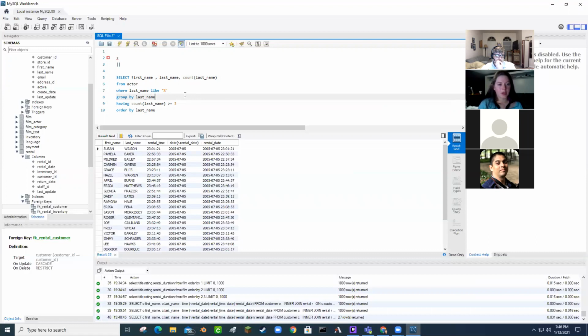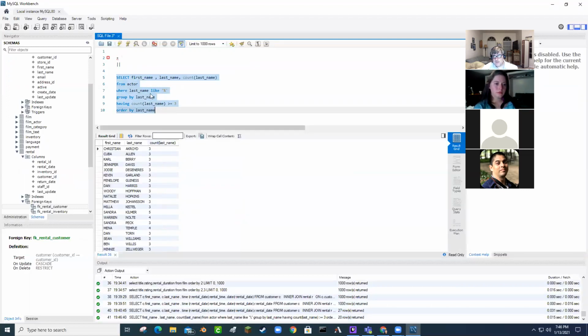Since there's first name in there, would first name also need to be in group by or no? Yeah, I went back too far before I added it there, but yeah, that's what it has to look like there. Okay. In MySQL, it's a little weird, because if I took this and ran it in Oracle or Microsoft SQL Server and ran it like this, it would give me an error. Here, it just takes the count of last name and puts it with everything. And you notice there's 3 for Ackroyd, but only 1 first name here, Christian Ackroyd. Whereas if I put first name back there, like that,